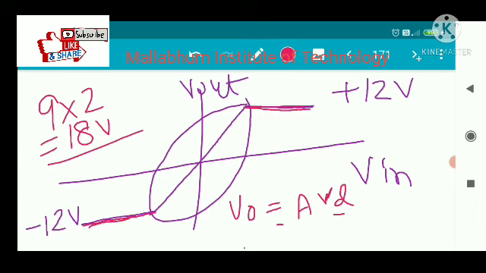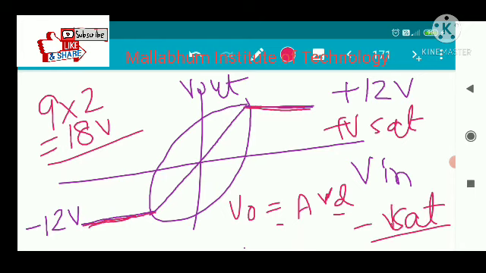So whatever operation you want to perform is limited to plus 12 and minus 12, and these two voltages are also called the plus saturation and minus saturation. So that is the limitation of the op-amp, you cannot take your output voltage beyond 12 volt. Okay, and this is the linear region, all of the operation of the op-amp is limited to this linear region. So that is all about the transfer characteristics. The linear region in the op-amp is small, which is obviously undesirable, but you cannot eliminate this, because though the gain of the op-amp is very high, you cannot amplify the signal beyond 12 volt. So that is the main disadvantage.